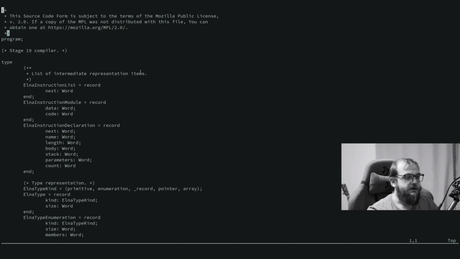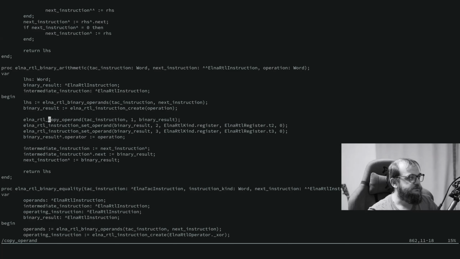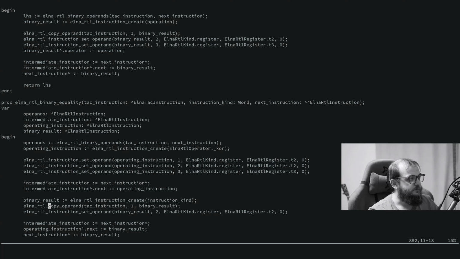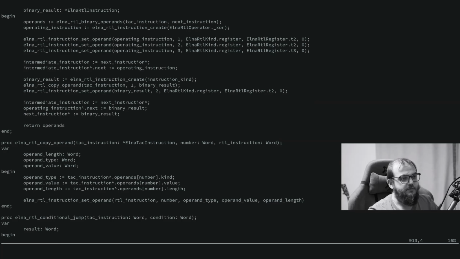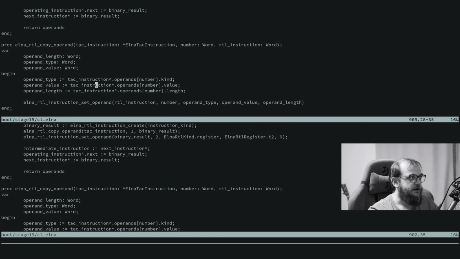And today I will begin with a function that actually shouldn't exist. This is the copy operand function. It is called Elna RTL copy operand, and it shouldn't exist. It is a function from the RTL pass, meaning register transfer language, and it converts a 3-address code instruction into an RTL instruction. And this copy operand function assigns a TIC operand to an RTL operand as is, and